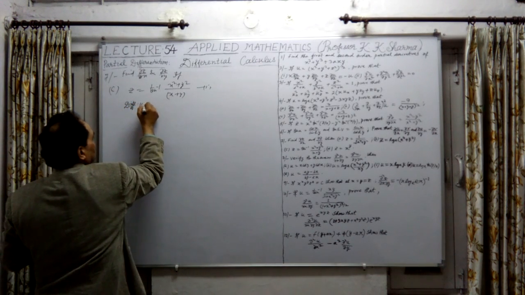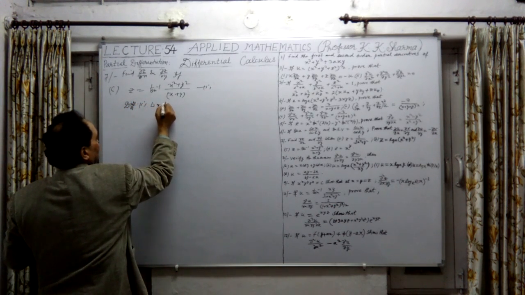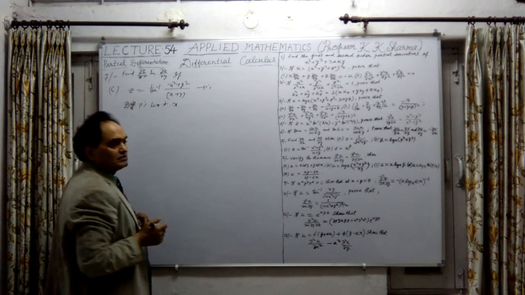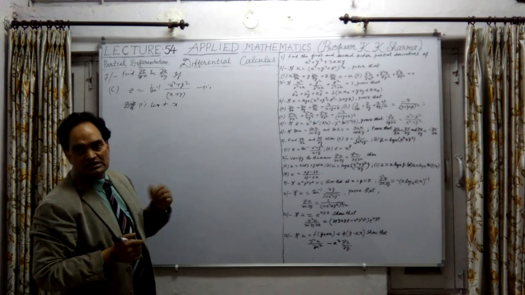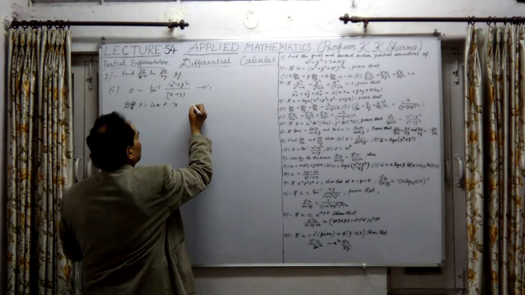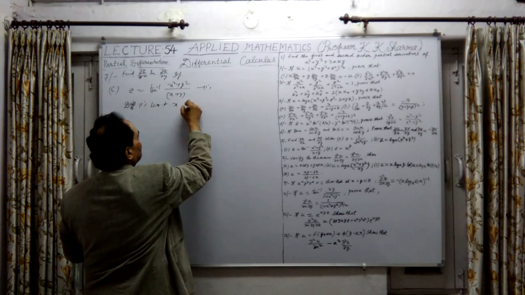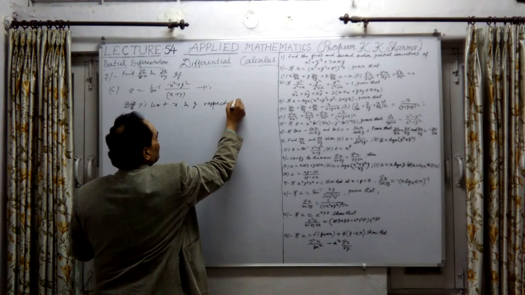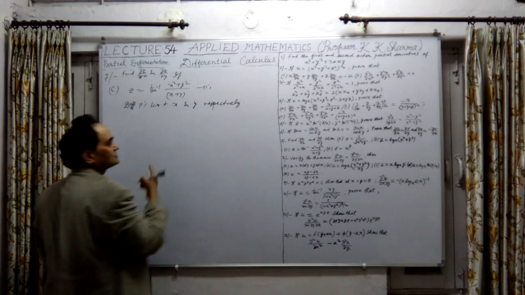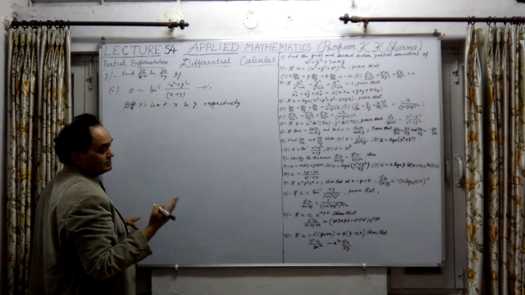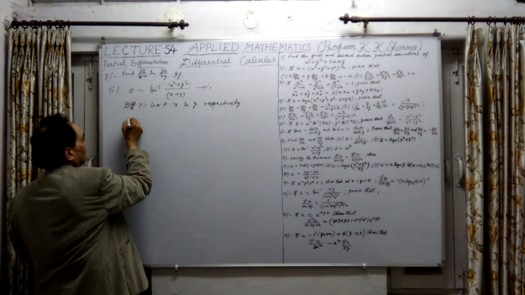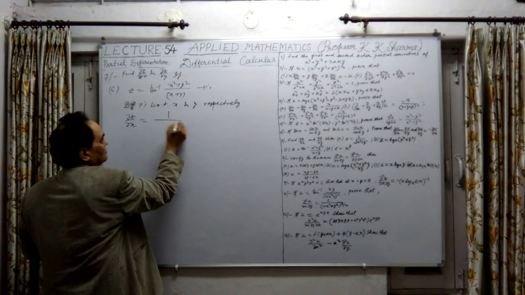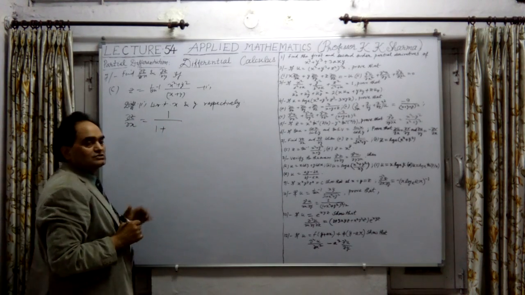Differentiating first with respect to x and y respectively, keeping first y constant and then x constant. Simple. That is understood. With respect to x and y respectively. First with respect to x keeping y constant, and second with respect to y keeping x constant. Understood. Del z del x is equal to 1 upon, first of all, tan inverse is 1 upon 1 plus